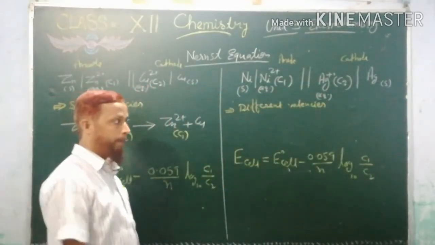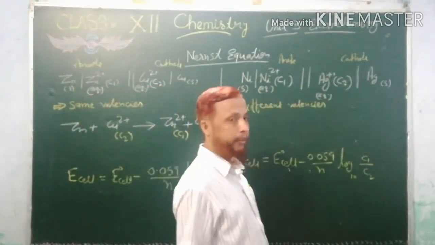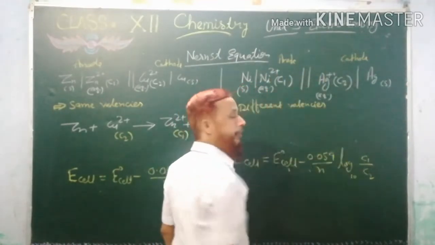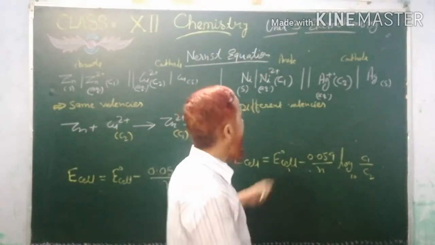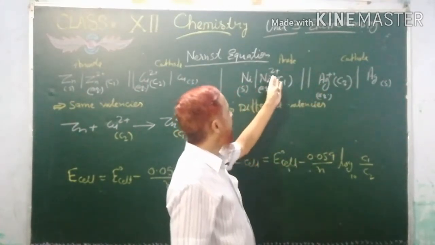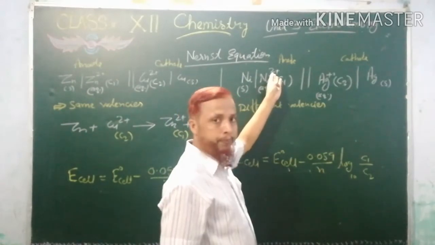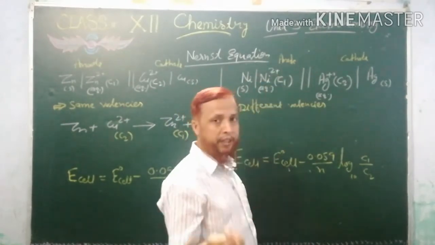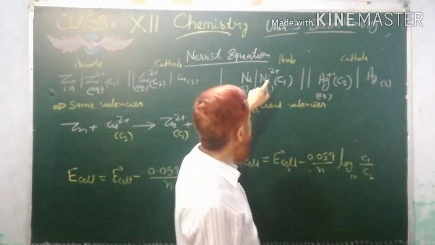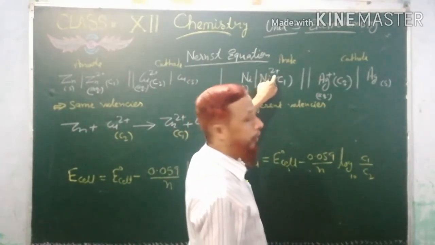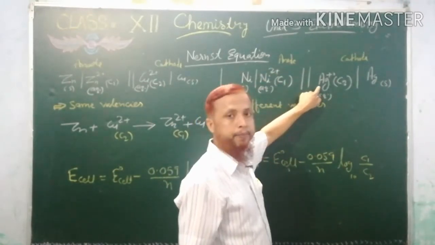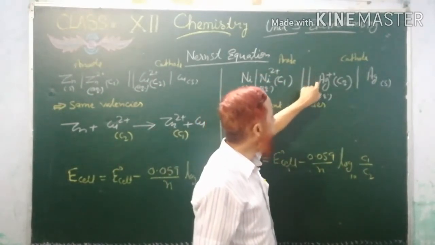Here also we will write C1 upon C2. But since the valencies are different, and what is the difference? Here it is 2 valency and here it is 1 valency. Definitely we are going to multiply to make the charges equal, because the number of electrons involved for the loss and gain will be the same. It means if nickel is losing 2 electrons, those 2 electrons will be accepted by 2 silver ions. It means here it will be 2 Ag.